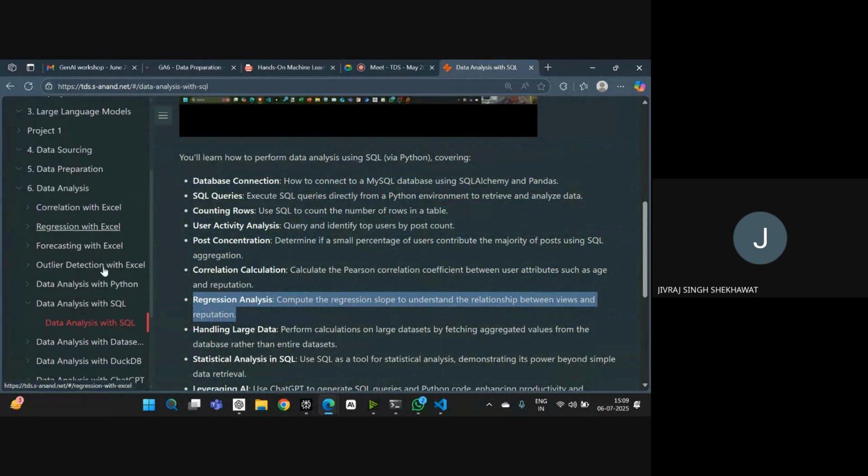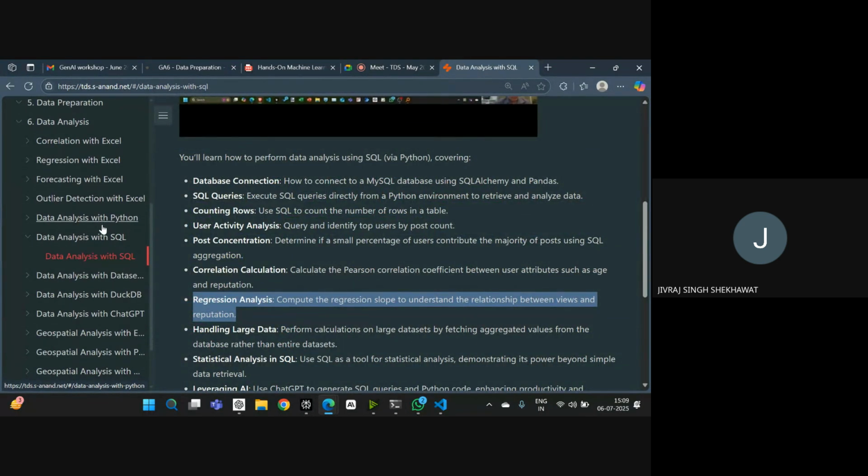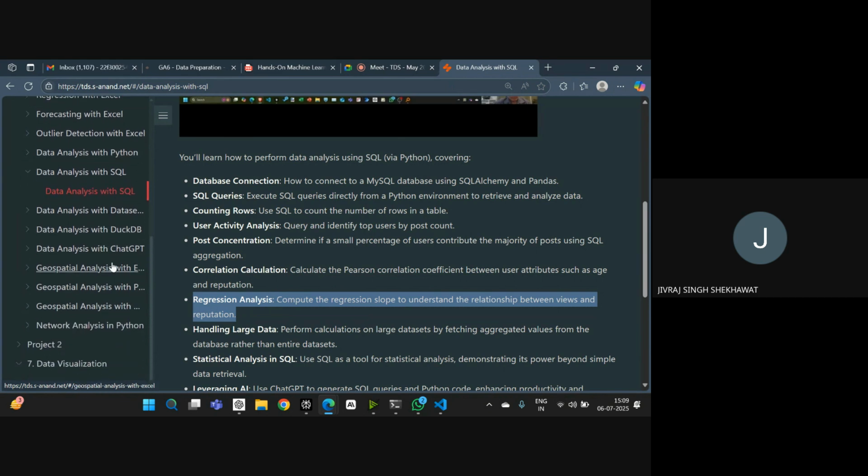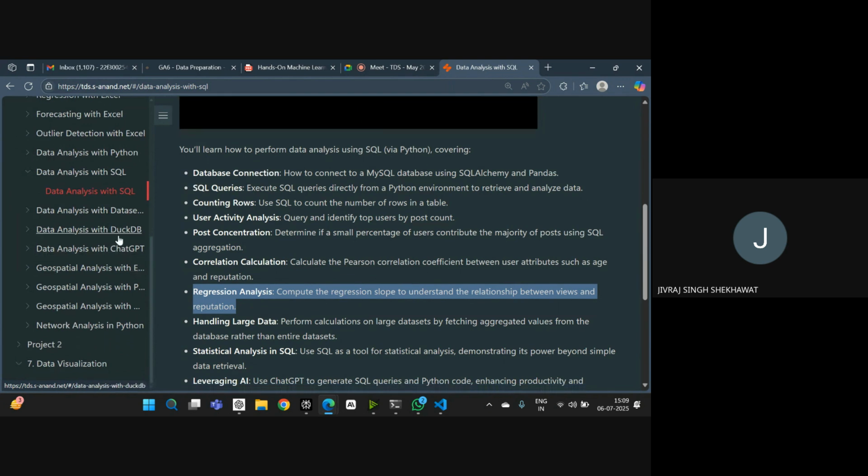Okay, so in yesterday's meeting, that was on Saturday, most of the things were covered apart from SQL and DuckDB. If there is some